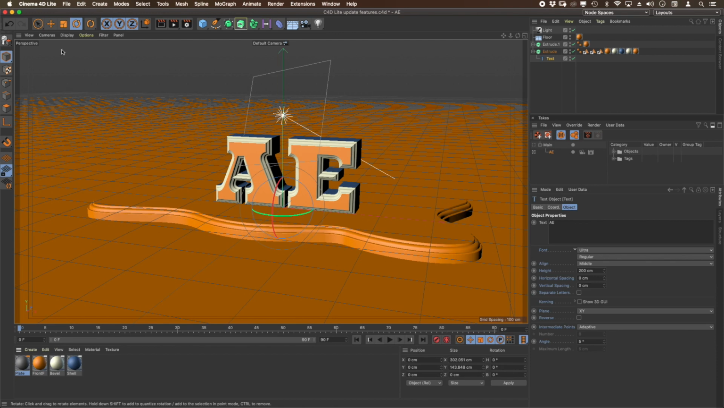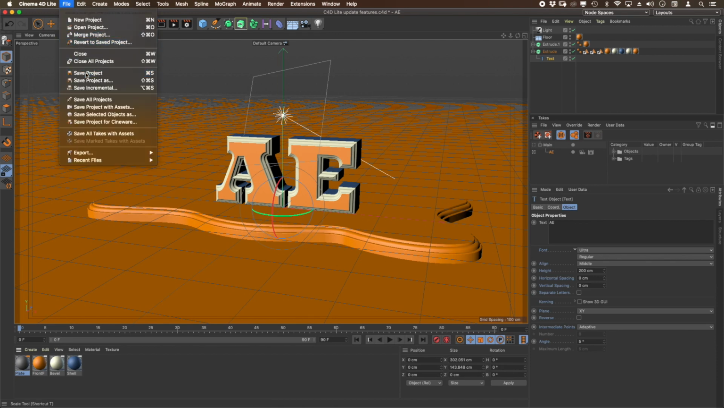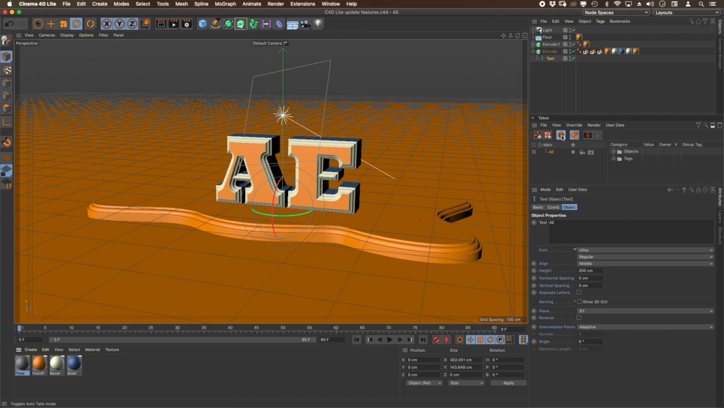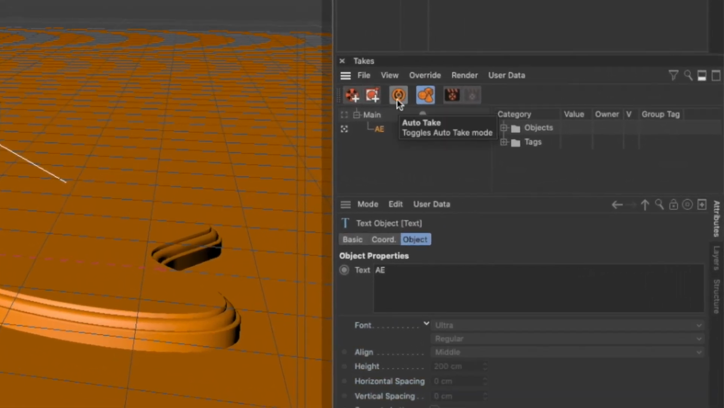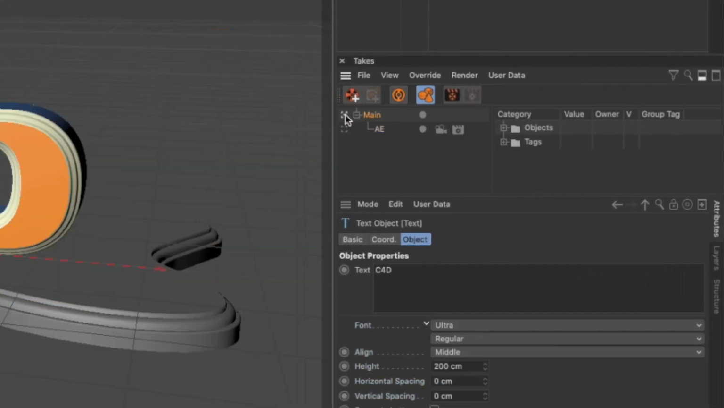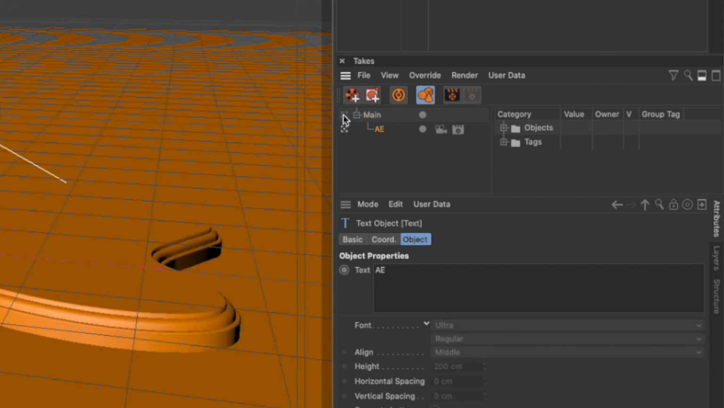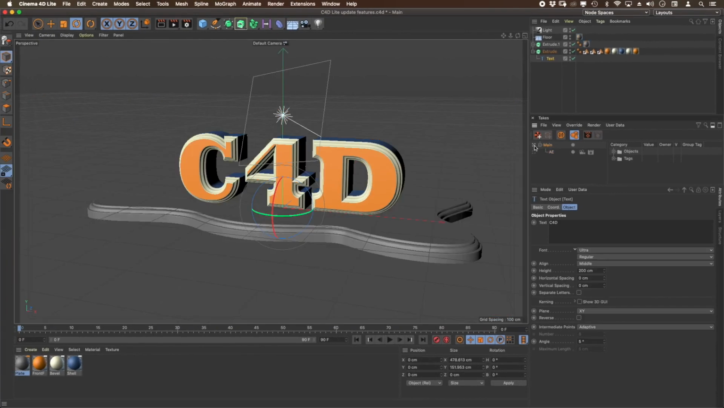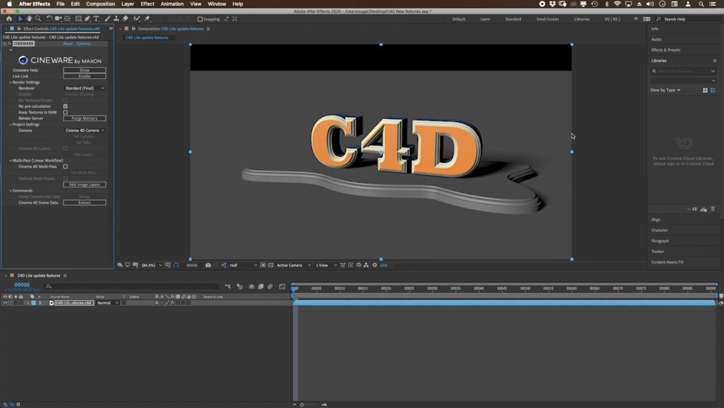I'm going to save this project, and of course I'm going to disable my Auto Take and go back to the main take. So going back and forth between these takes, you can see the difference between one and the other. All these changes, all these variations are saved in my project. I'm going to go back to After Effects, and you can see that nothing seems to have changed, except that